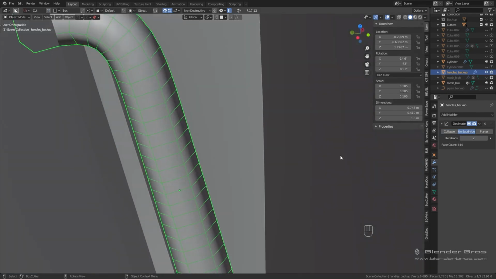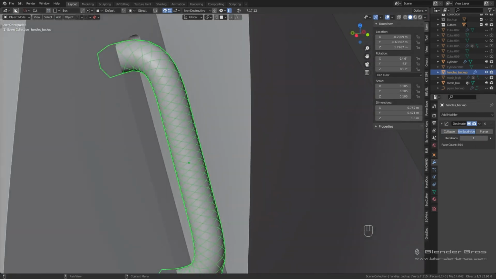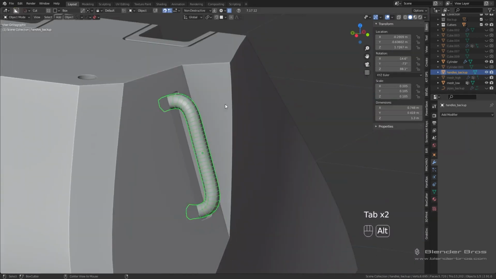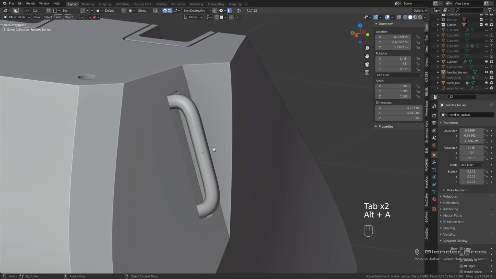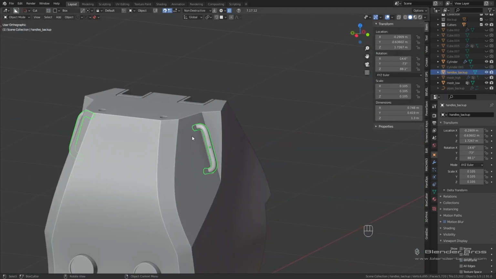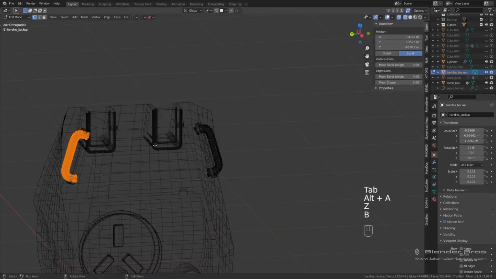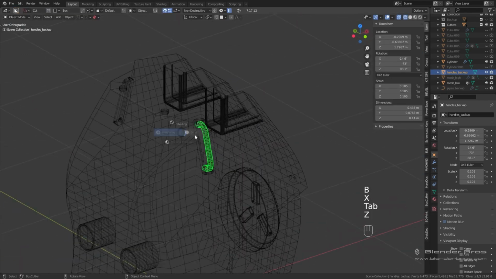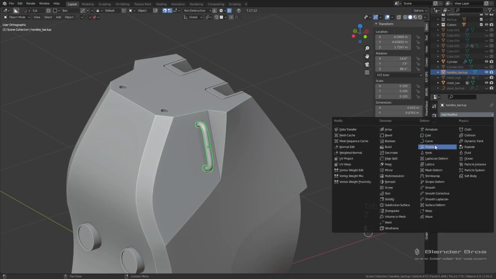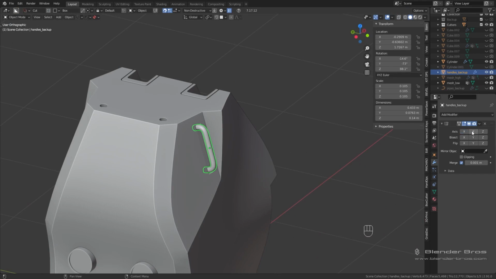Not as clean because it dissolves these, but I mean, it's probably going to be a bit better than us wasting time the other way. So we'll do that, and that should be okay. I'm going to go ahead and remove this one, delete those vertices, and mirror this to the other side. So add a mirror modifier. We'll do the y-axis